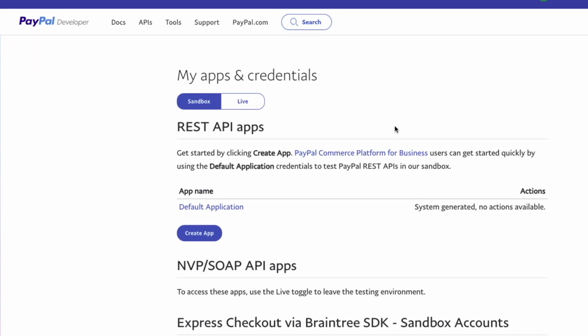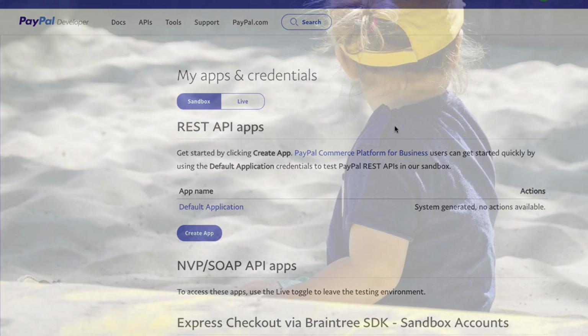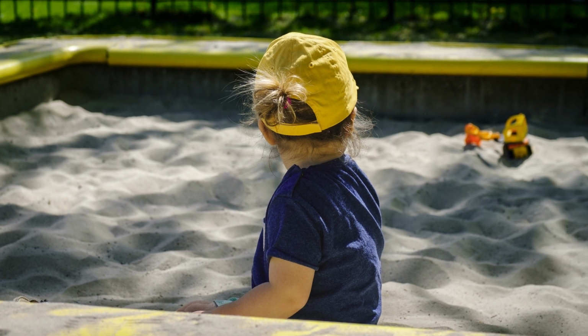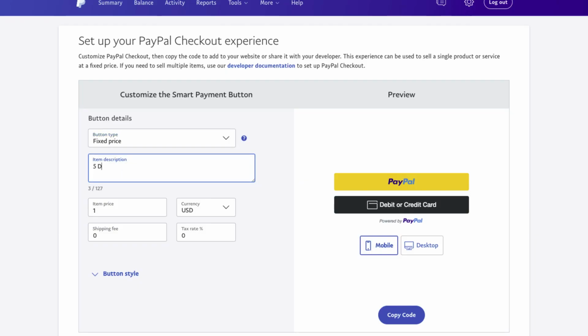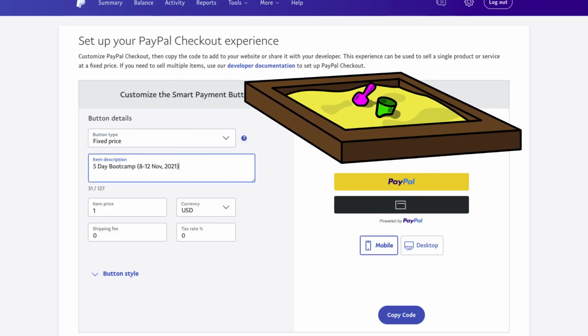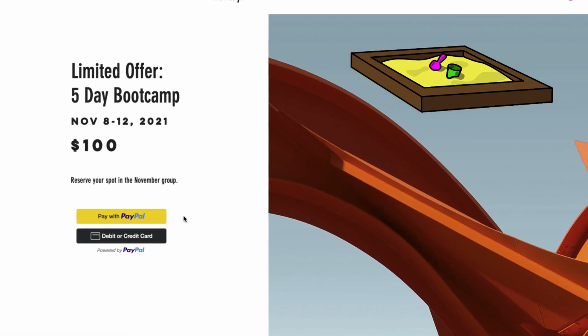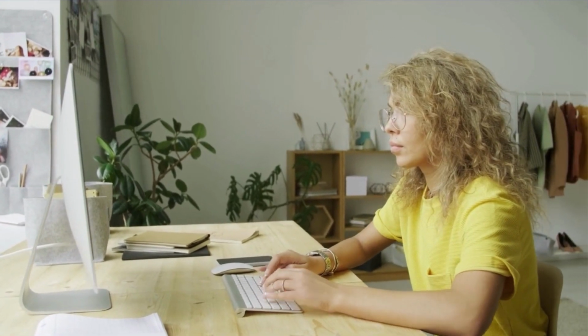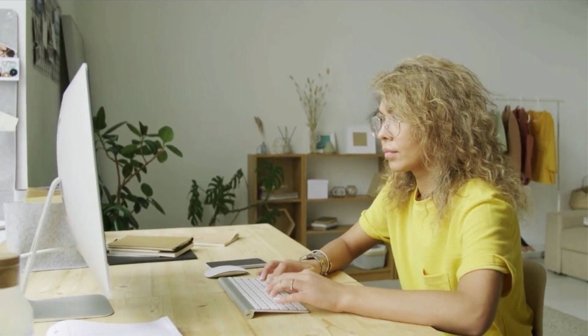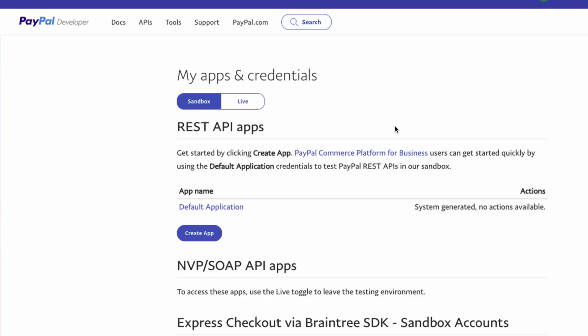There are two settings here, Sandbox and Live. PayPal uses something called a sandbox, which is a testing environment. This is where you can test your buttons without connecting to their live payment network. If you were to say create your button now, it would be automatically linked to the sandbox, meaning you could test it out and see what it looks like, but it wouldn't actually be connected to the live network. We recommend to always test your payment buttons in sandbox mode before going live, just to make sure they're working fine. To accept payments, you would need to connect to the live PayPal network, and to do that, you need